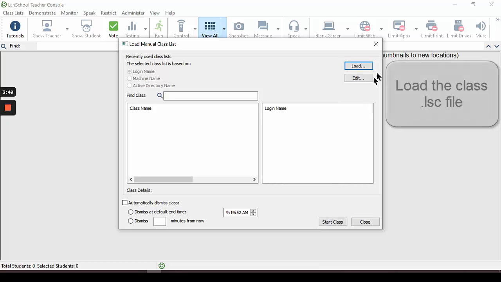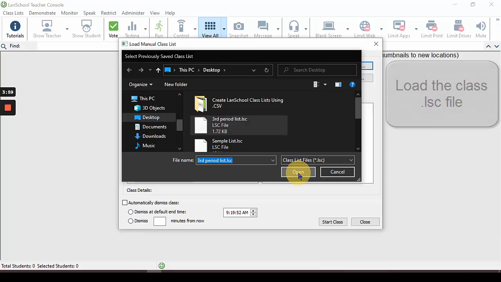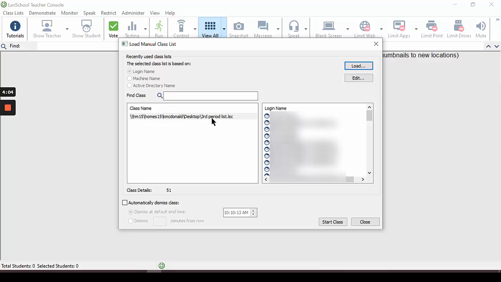I'm going to choose to load my class list. It will allow me to select the list of students that I've created, and I'll choose Open. I will now see my class lists listed here and the students on the right hand side. If I need to edit this list to remove a student or add a new student, I'll make sure I